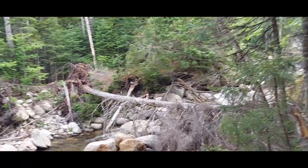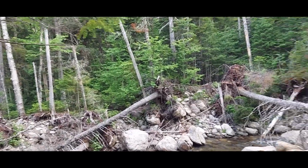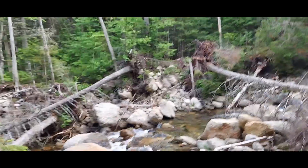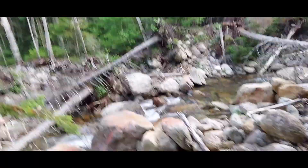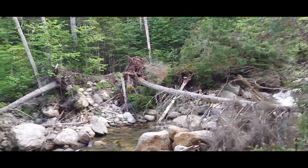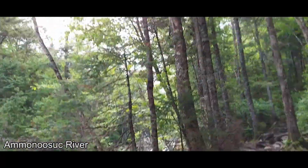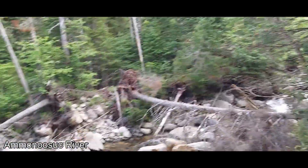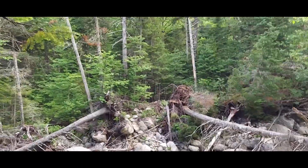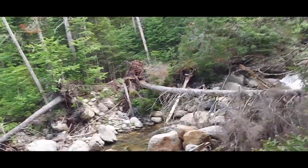Okay, we're not going to spend too much time here because we got to get going. About 2.1 miles up the trail and about 2,000 feet above where we're currently standing is all the interesting stuff. But let me take a moment to explain what the river that we're hiking up is. This is the Ammonoosuc River right here, and the headwaters of it are actually right at a hut we'll be stopping at briefly. Actually, we'll be going by it quite a few times because we're going to crisscross the alpine terrain a little bit